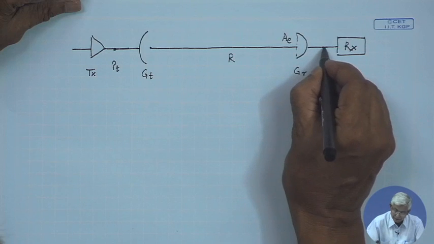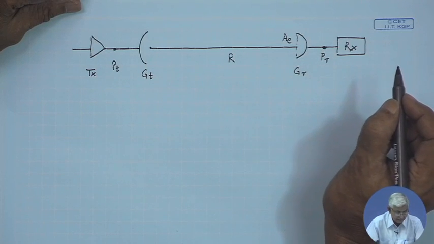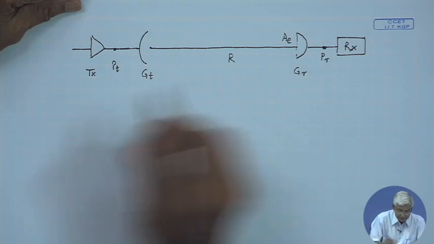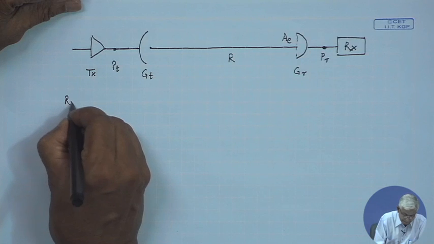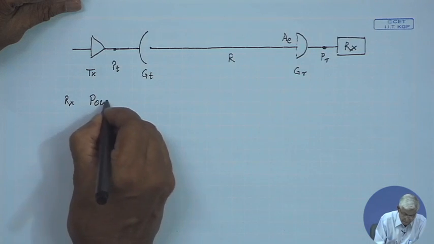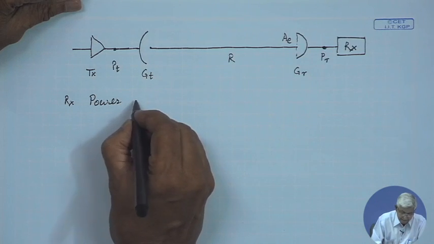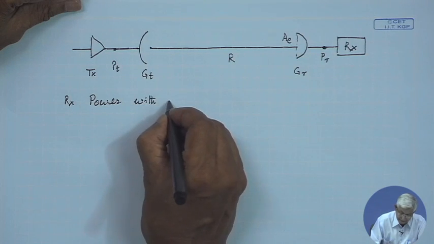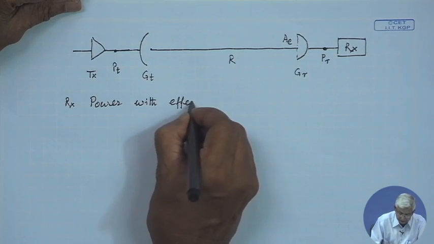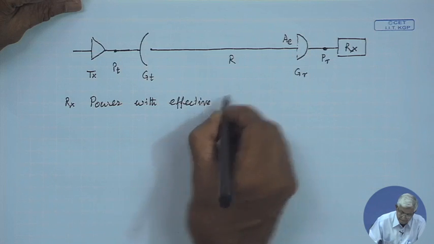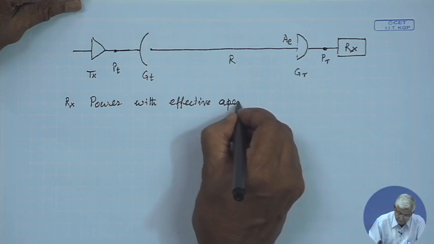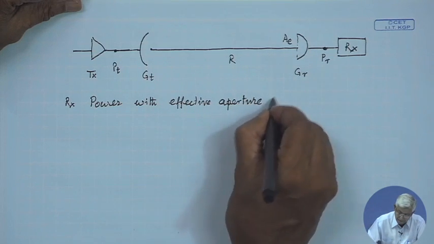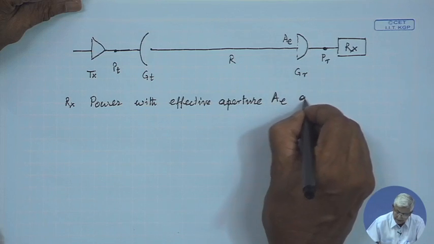So, the input power to the receiver is PR. So, received power with effective aperture of AE at